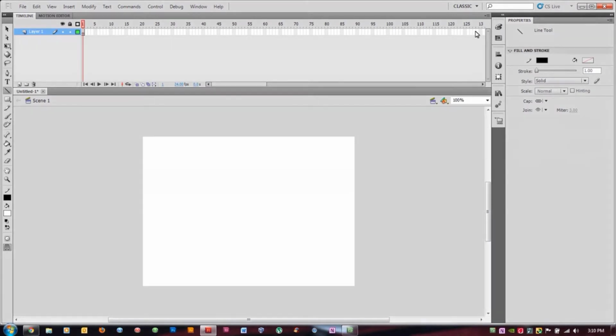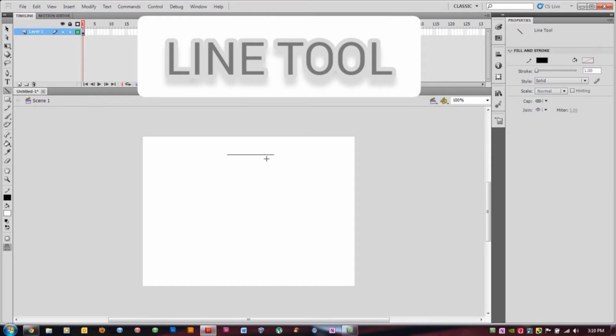So here we will start from the first tool, that is line tool. Line tool is used to draw a straight line segment. To draw the line, click on the line tool in the tools panel.